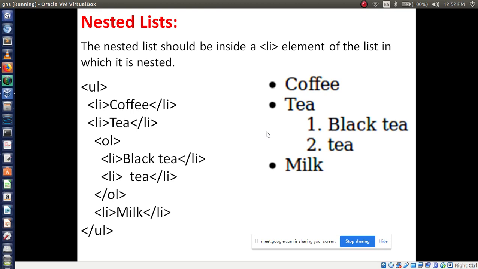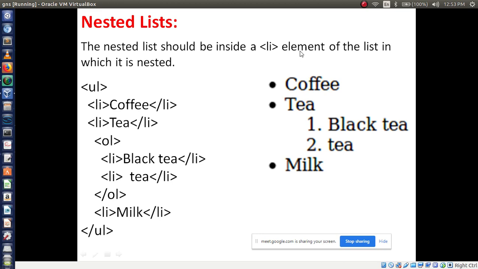This is a nested list. Here, a nested list should be inside the li element of the list. It means inside the li element, here in tea, we have to write one more tag, that is ol, or it may be ul.